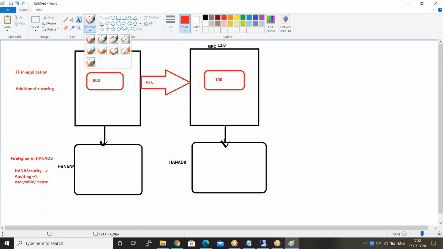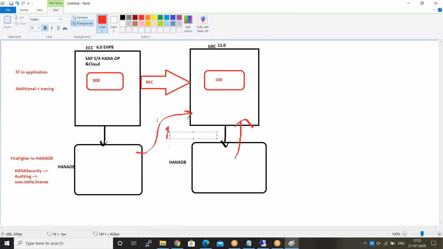First of all, I want to make a connection between HANA DB and the GRC system. The question is again, how is it connecting? How do you integrate the HANA database with your GRC system? Only then will data be pinged. Is there any RFC to make here? No. Here, first of all, you have to use the database connection.